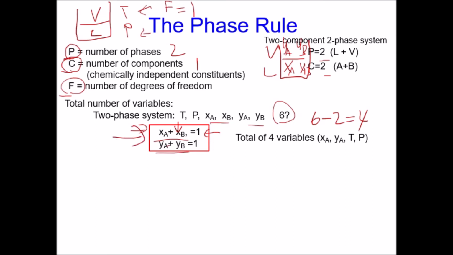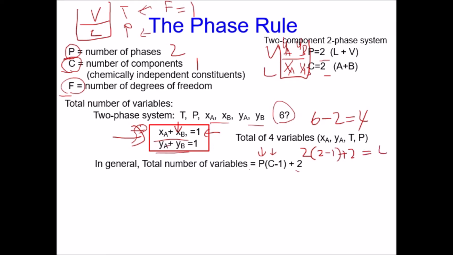Now in general, the number of equations relating these mole fractions can be calculated by the number of phases times the number of components minus 1, plus 2. So in this case, 2 phases times (2 components minus 1), plus 2, that gives you 4. So 4 variables that may change. So are these 4 variables